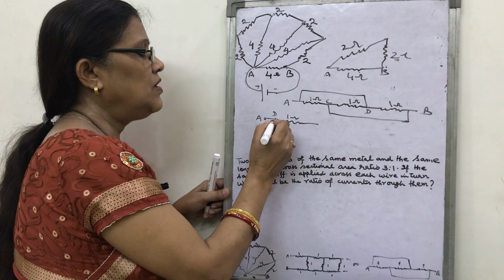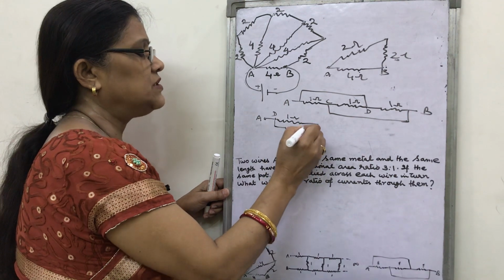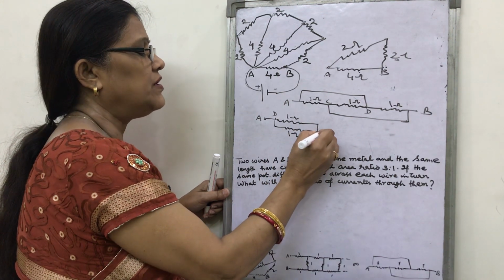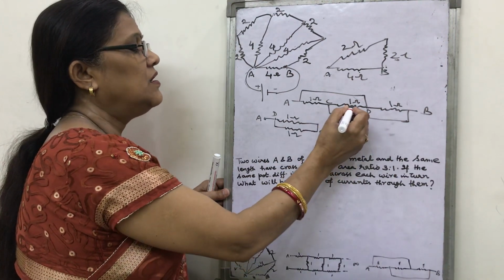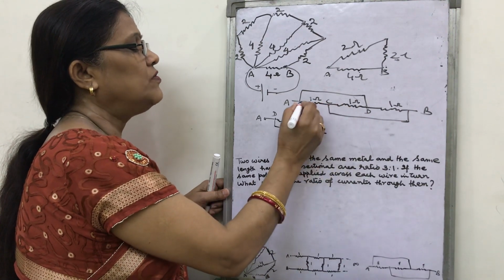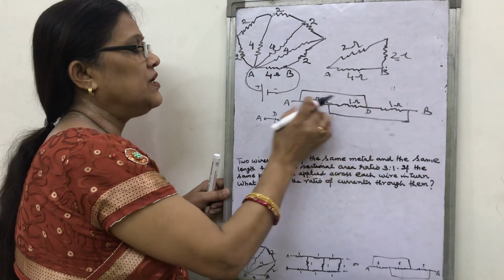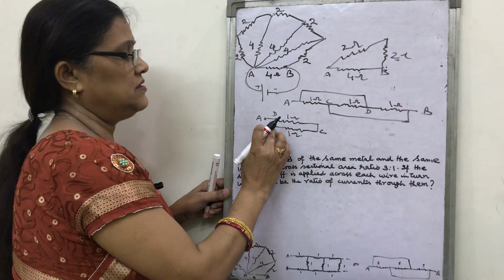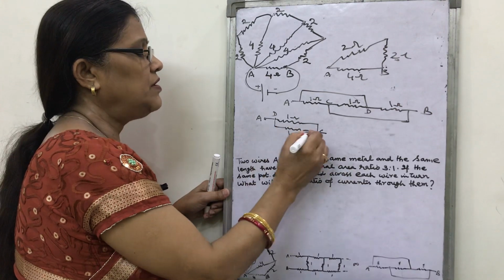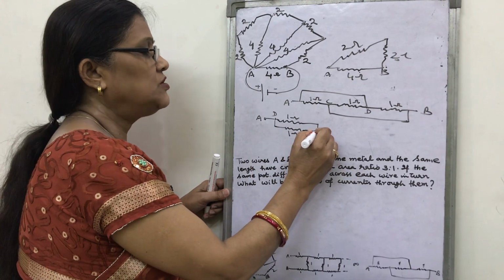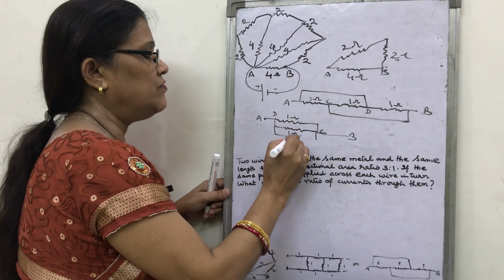So what will you do? From D you will write here one more 1 ohm resistance, and this is the point C you will write here, because the point C is connected with the wire D and the 1 ohm wire which is between A and D. So this A point and D point is same, and here you have connected this C. Now this D and B is also 1 ohm. So how will you write here? Suppose this point is B, and again you will write here 1 ohm.